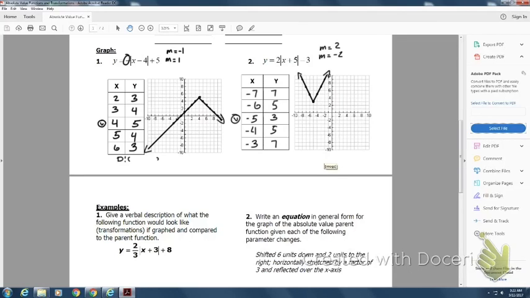Negative infinity to positive infinity. Domain of absolute value is always that. Now let's talk about the range. On the first one,